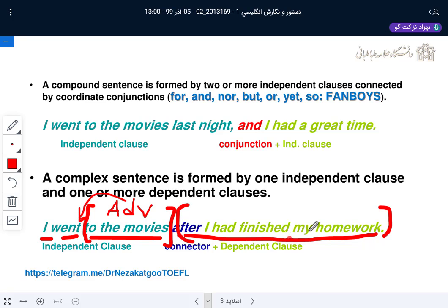And after that, I finish my homework. Again, this is an adverb of time. So as you see, the adverb of place precedes the adverb of time. So this is another adverb. And as you see,